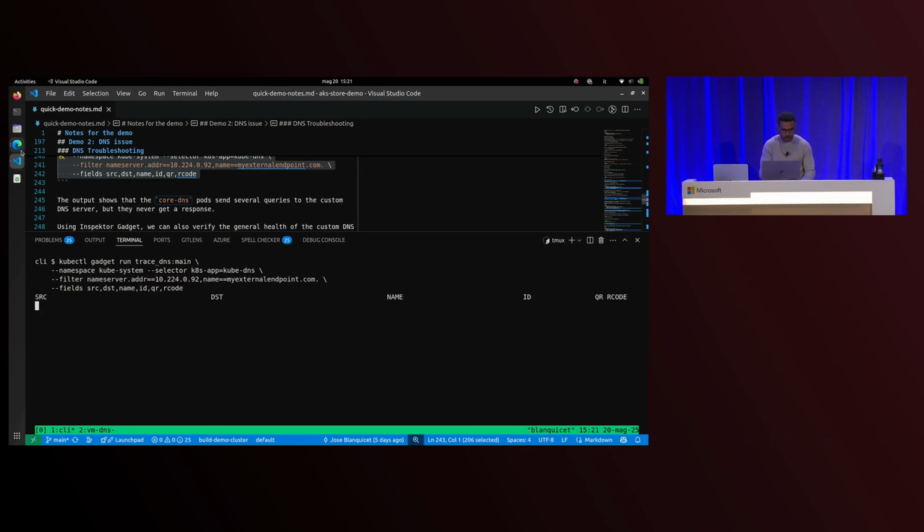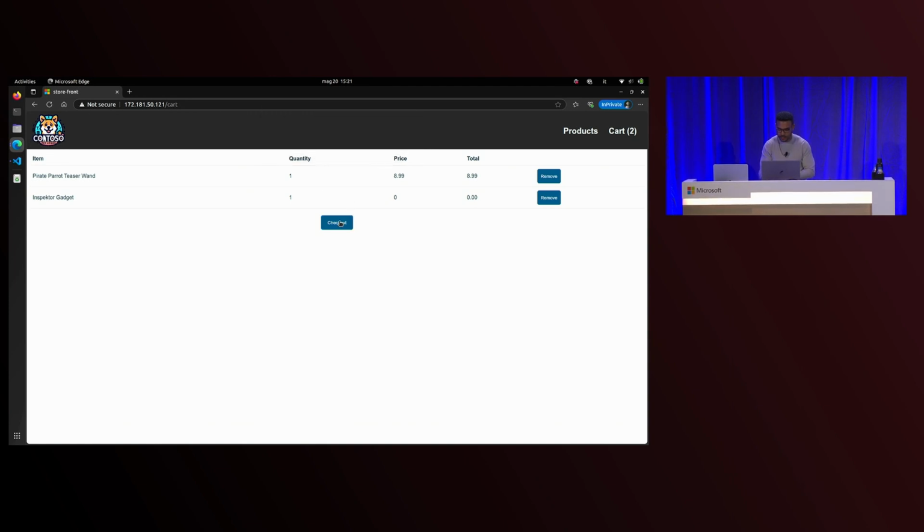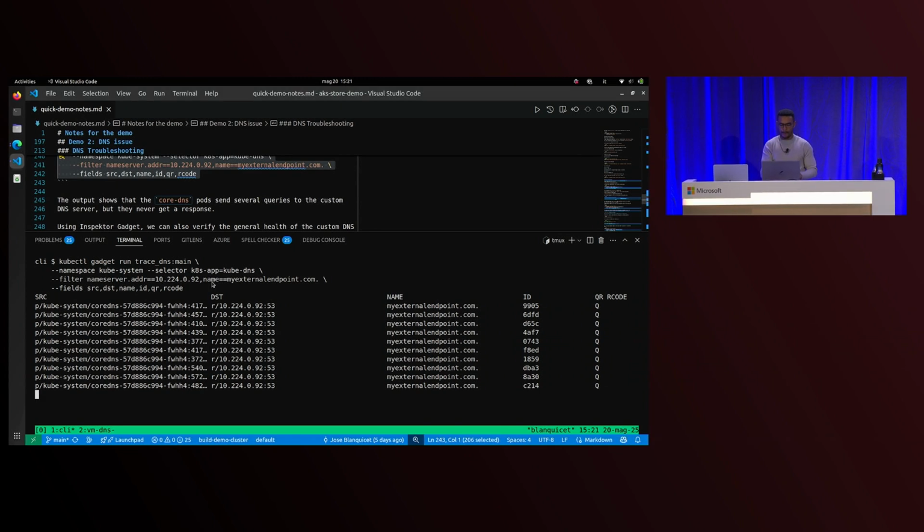And let's reproduce the issue again. It takes a couple of seconds. Let's go. Okay, now we are checking the communication between the kube DNS and the upstream DNS. We saw several queries, but no responses at all.